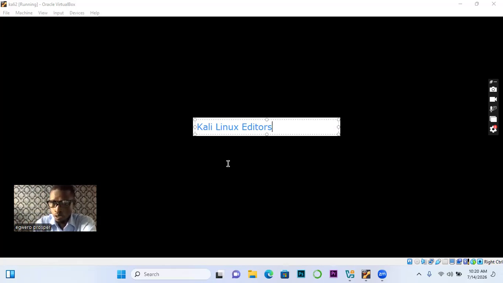So let's go back to the main topic. What was the topic that I have given you before? Kali Linux text editor. So in other words, let's define what is a Kali Linux text editor. We are not just saying editor, text editor. Kali Linux text editors are applications built in Kali Linux. Are you with me? These are applications built in Kali Linux